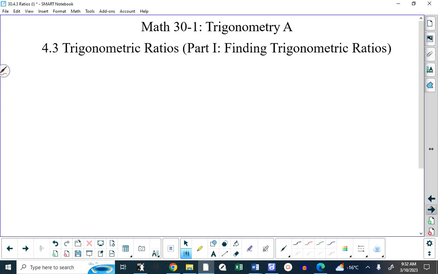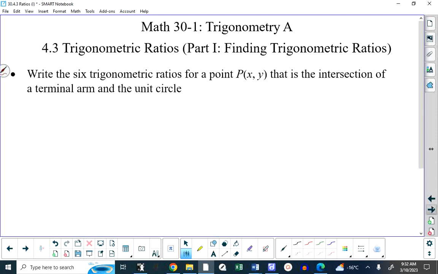This is section 4.3, finding trigonometric ratios. I'm calling this part 1 because there's more to section 4.3 than just finding trigonometric ratios. This is on page 10 of your unit handout. So what we're going to be doing today is writing 6 trigonometric ratios given a point that's on the unit